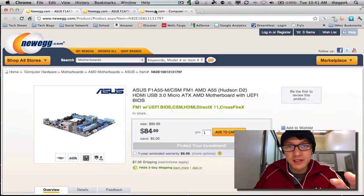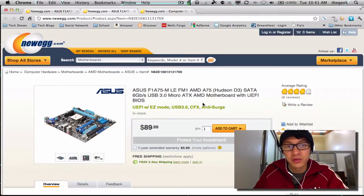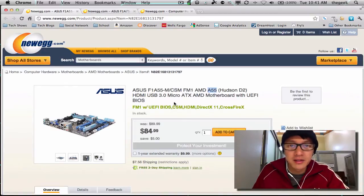So these CPUs here can only go into the socket F1 motherboards, right? And in these motherboards, there's two different kinds of chipsets. There's the A75 chipset and then the A55 chipset. A few differences between them. I'm gonna link a video to some other dude explaining what the differences are. I don't want to get into it right now, but